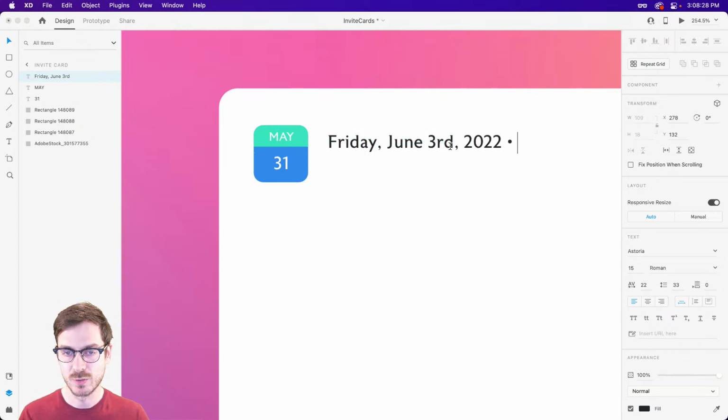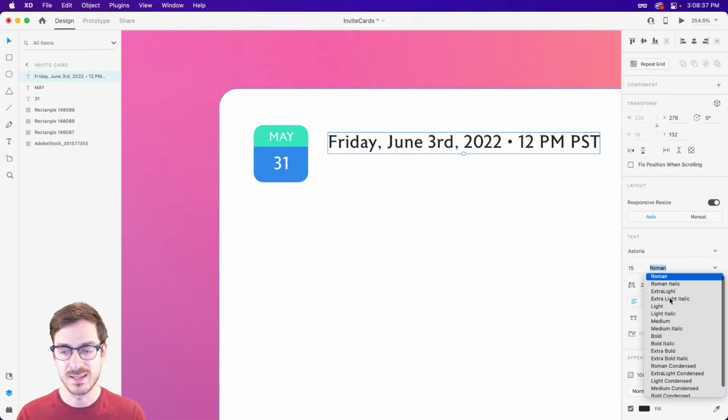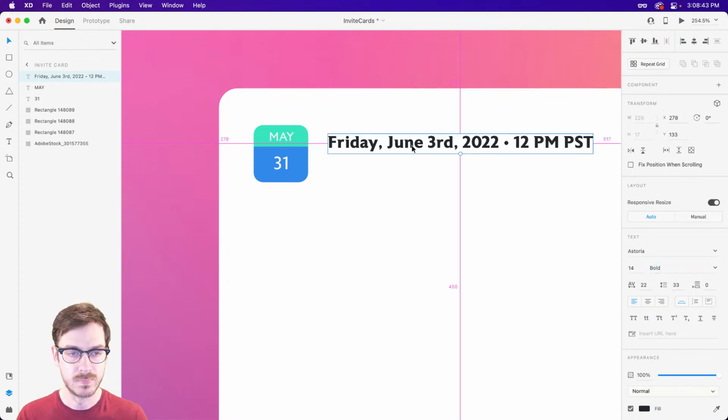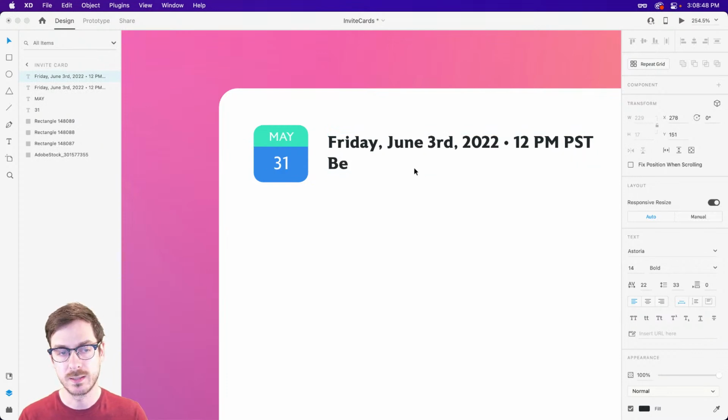2022, and maybe this will be at 12 p.m. Pacific time. Now this is the header and the main focus in this area. So we might want to bump the weight up a little bit to about bold, possibly. I mean, it's not bad. And then right underneath, we may want some additional information. Maybe it'll be hosted on